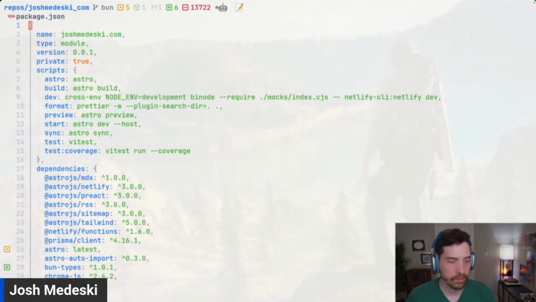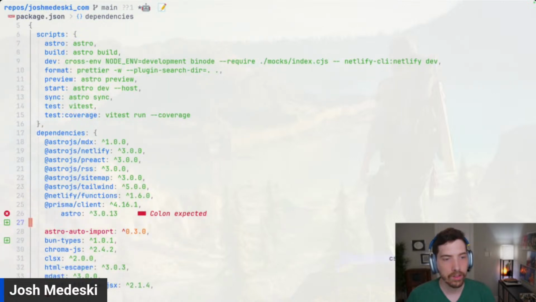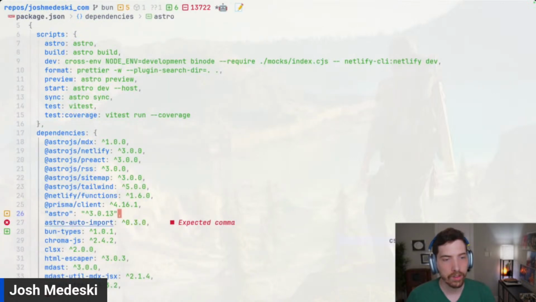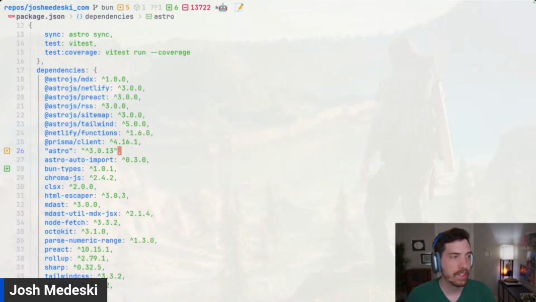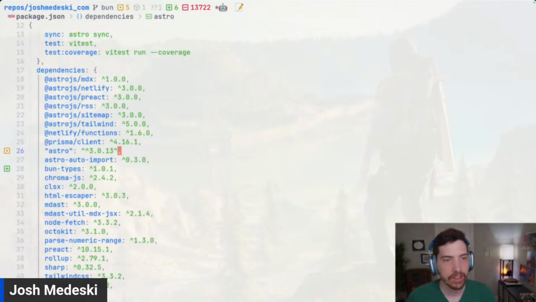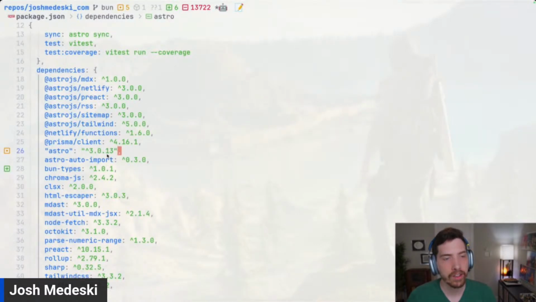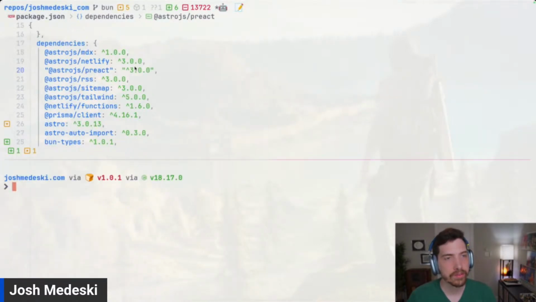I want, oh, that, and we will bun I. Woof, it's quick. I have a lot of plugins here, so I don't know if all the plugins are going to play nice. I could bun I